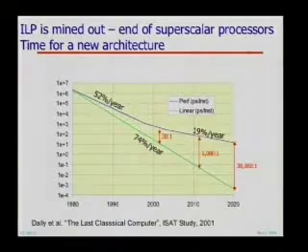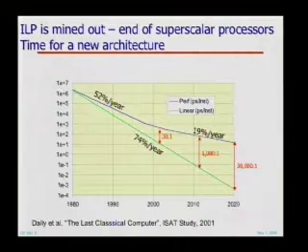Why change now? This is a slide from an ISAT study I led in 2001 called The Last Classical Computer. I won't go into what the title is about. What it really shows you is why parallelism didn't catch on in 1980 when many of us were predicting that we'll all have many processors on our desks by the end of the decade.